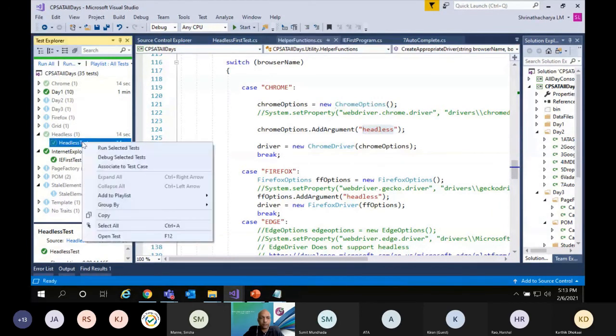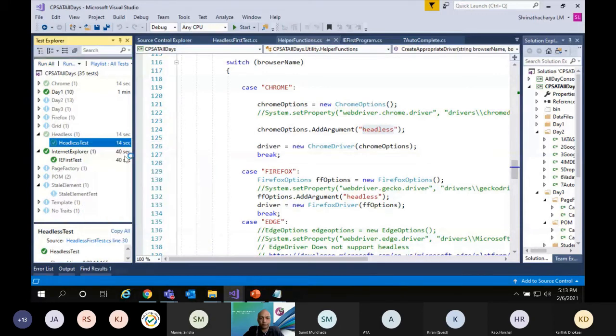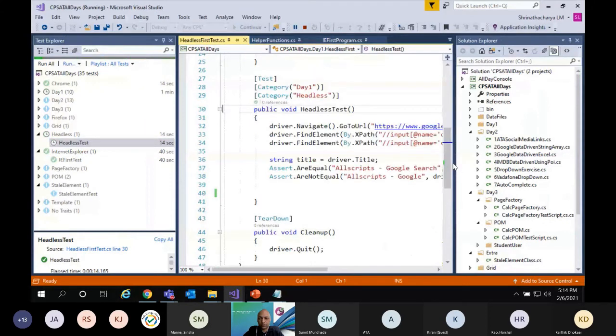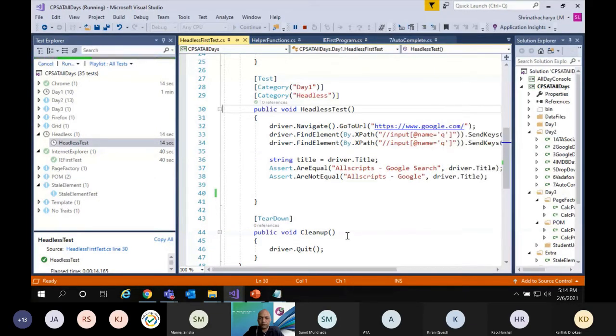Now this time if I run this one, it won't open. This test case also is the same. It won't launch anything, it just simply runs in headless mode.